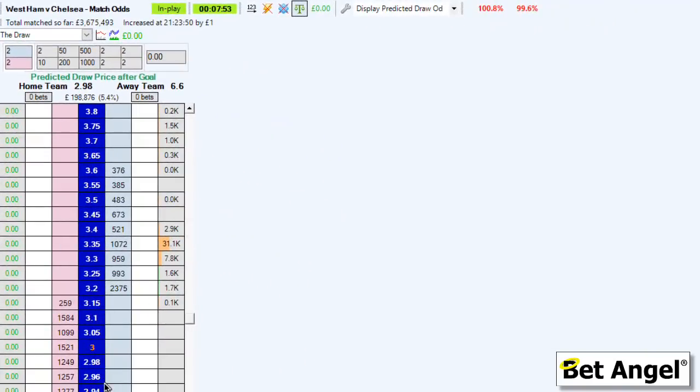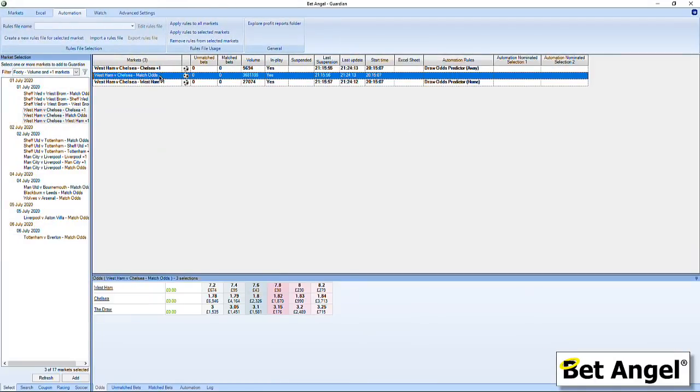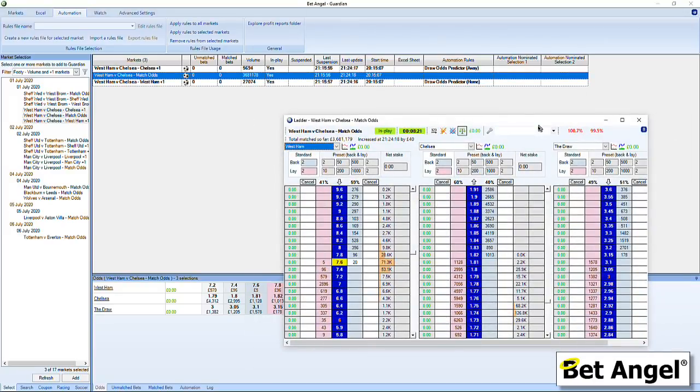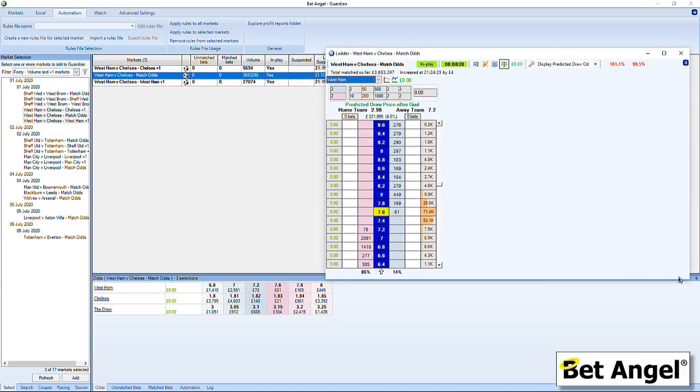The draw odds will drop a little bit, and if the away team, if Chelsea score, then the draw odds will go flying out. So you could take a position based upon this particular piece of information if you wish. And the reason that I've created these particular settings into one ladder is so that you can actually detach the ladder. Or if we go back and you're trading multiple markets, if I right click here and do display market in a new window, we can actually select the display predicted draw odds from within there, and then you can see that we can actually